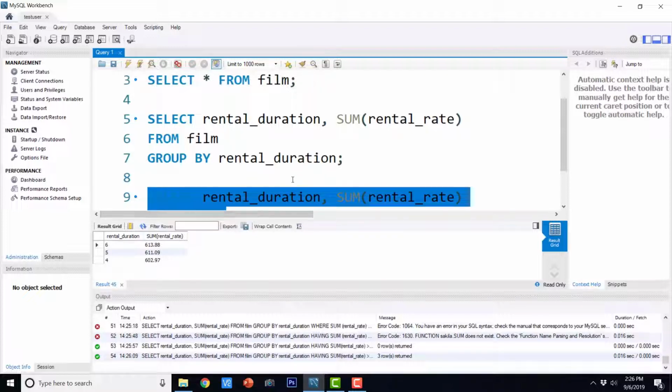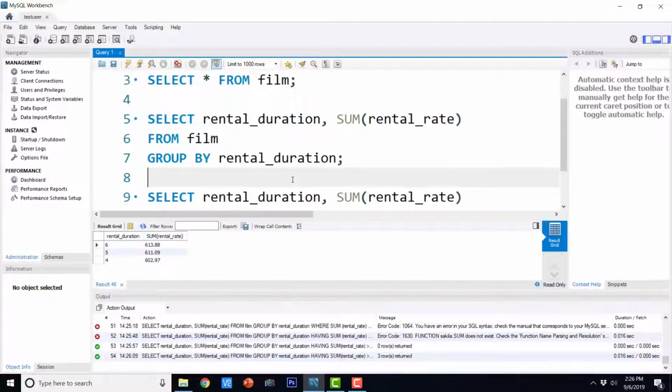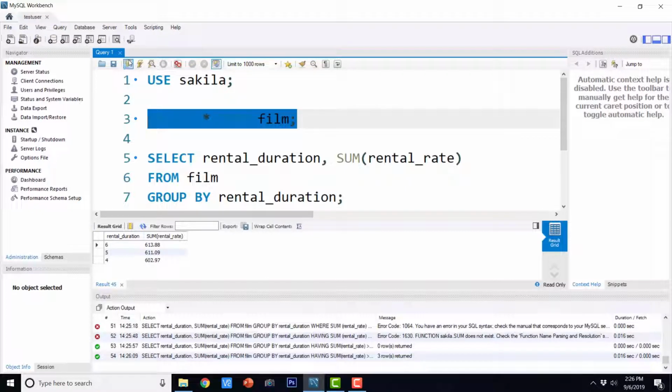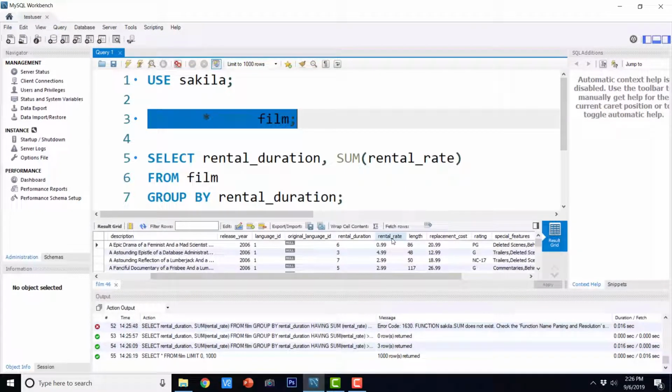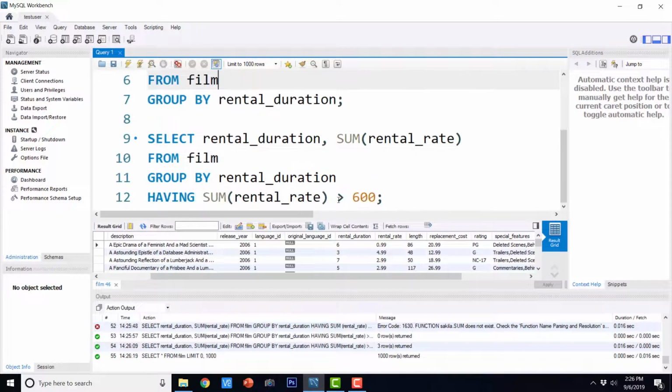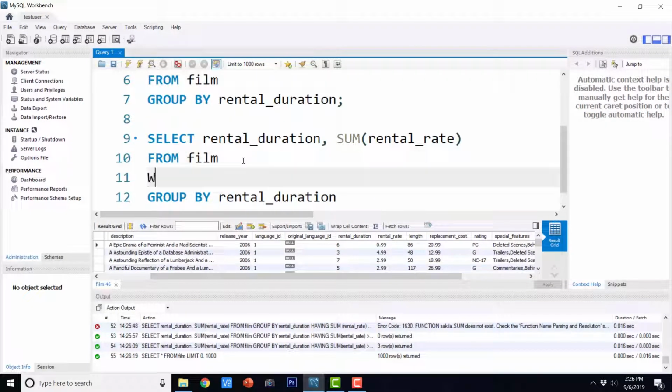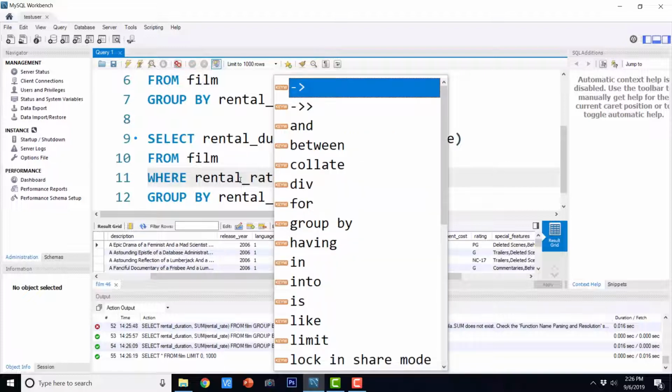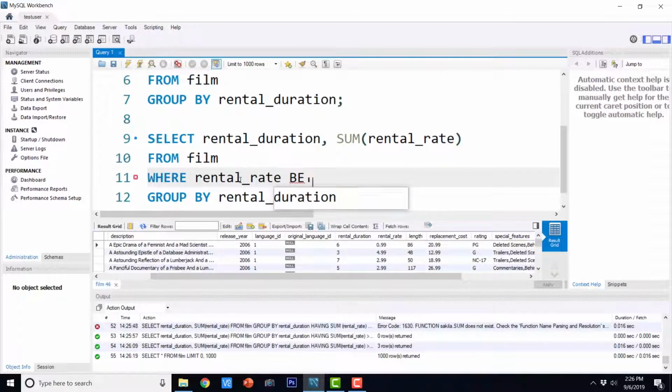So now let us try to use having and where in the same statement. Let's say rental rate equals 0.99. Where rental rate between 0.5 and 3.5.